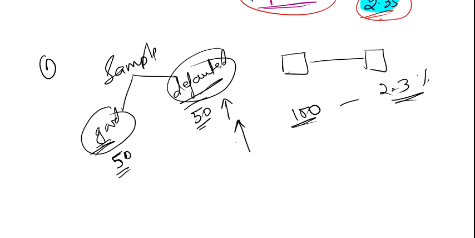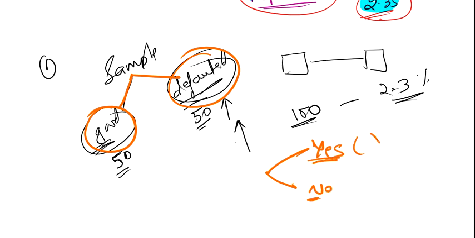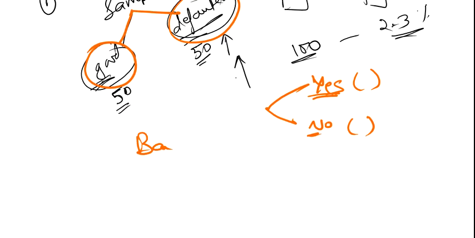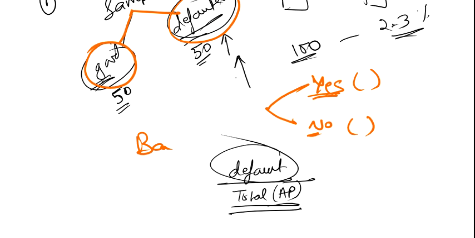And the thing is that we want to classify the data into two parts: one is non-defaulting and the other one is defaulting. So we can use Bayes theorem, because it has only two options, whether it's yes or no. In the same way, whether your firm will default or will not default. So we can adjust using the Bayes theorem. With the help of Bayes theorem, we can equate the frequency of default firms by our total, or we can say actual population, meaning out of the actual population how many firms are defaulting.